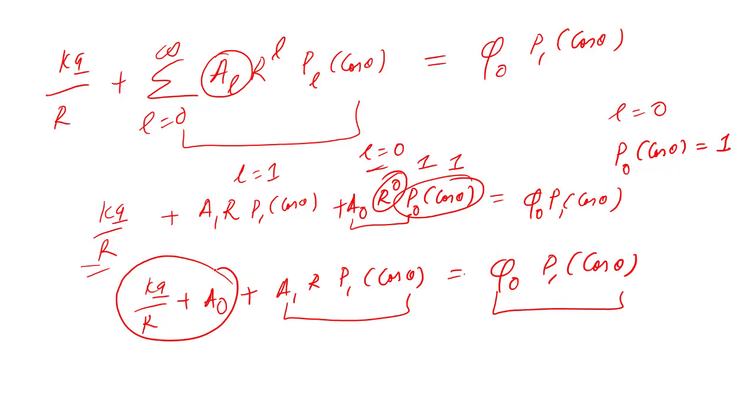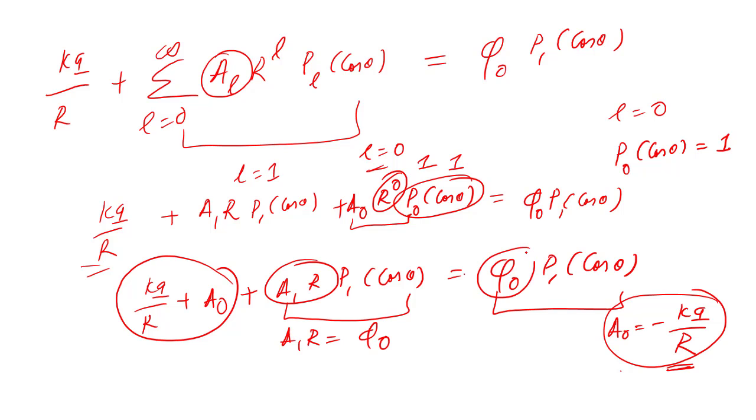So these two terms, which are constant, should cancel out, or in other words, A0 should be equal to minus KQ by capital R. This is not the small r, right? And similarly, A1 times R should be equal to phi 0, or A1 is equal to phi 0 by R. So we got the coefficients. A0 is equal to minus KQ by R. These are all A's inside, right? A1 inside is equal to phi 0 by R, and we got B1 outside is equal to phi 0 times